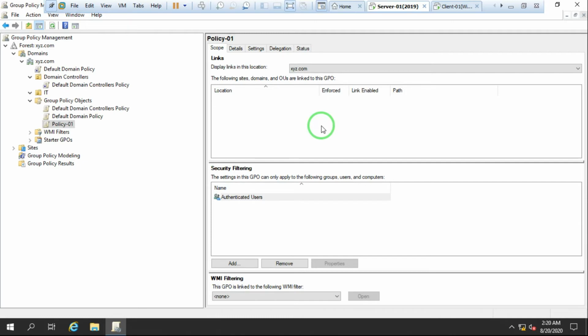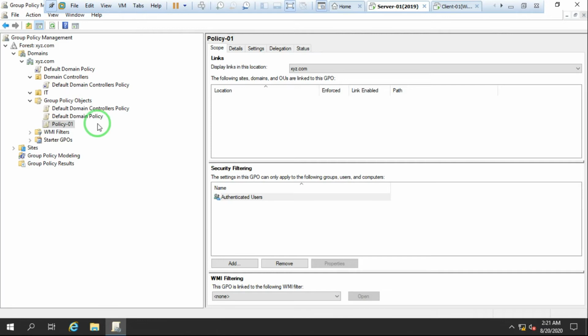Imagine that you have multiple domain networks. Right now I'm working in the parent domain network, and we have child domain networks also, and additional domain networks also. Now I want to apply a parent domain network group policy on the child domain network, so we can go for that. I repeat again, imagine that this is policy one, created in the parent domain network. Now I want to apply this policy on my child domain network, so we can do that with the help of group policy management. Even with the help of this group policy management, I'm able to manage the policies of my multiple domain networks through one group policy management console.